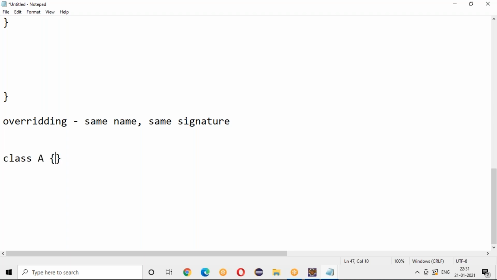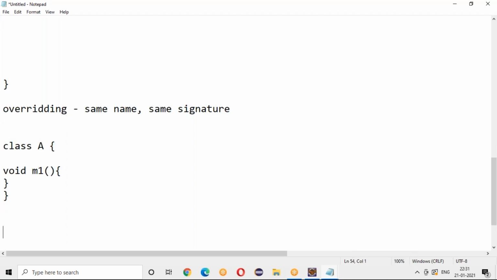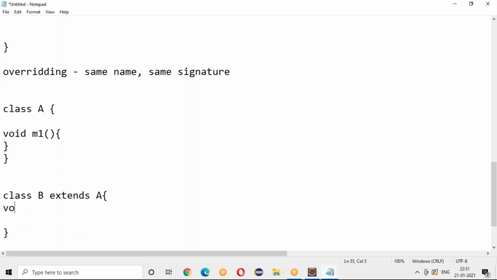So I have a class A, and here I can write a void m1 method, and when it comes to class B extends A, what do I need to write? I need to write void m1. Same. So you see, same name m1, m1. Return type is void, 0 parameters, 0 parameters.